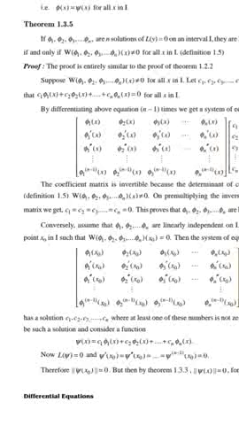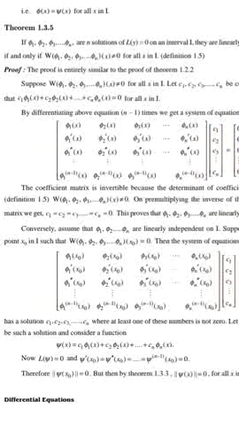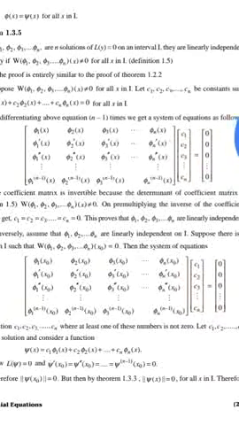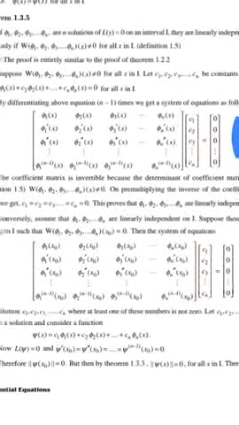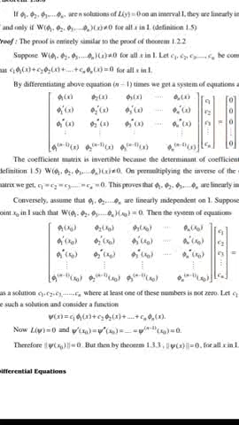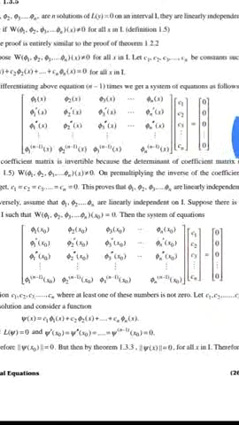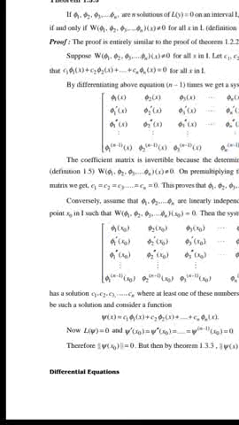phi1 of x, phi2 of x, phi3 of x, ..., phi n of x; phi1 dash of x, phi2 dash of x, phi3 dash of x, ..., phi n dash of x; phi1 double dash of x, phi2 double dash of x, phi3 double dash of x, ..., phi n double dash of x; and so on up to phi1 raised to n minus 1 of x, phi2 raised to n minus 1 of x, phi3 raised to n minus 1 of x, ..., phi n raised to n minus 1 of x, multiplied by c1, c2, c3, ..., cn, is equal to 0, 0, 0, 0. The coefficient matrix is invertible because the determinant of the coefficient matrix is